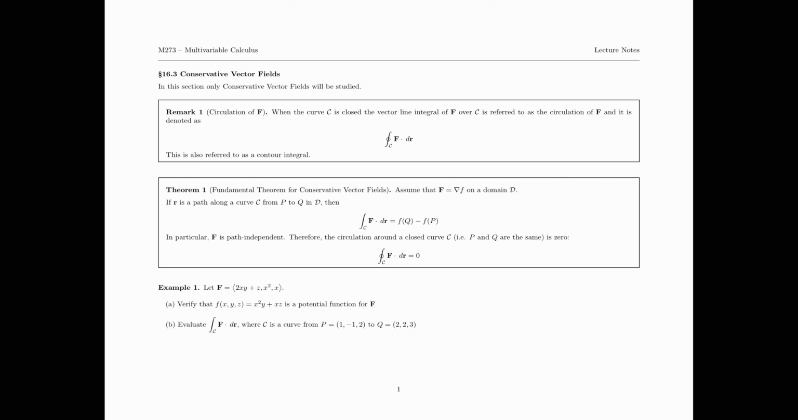All right, the next thing we have is 16.3, which is conservative vector fields. We did mention what a conservative vector field is. We defined it in 16.1. So as a recap here, what a conservative vector field is, so a field capital F